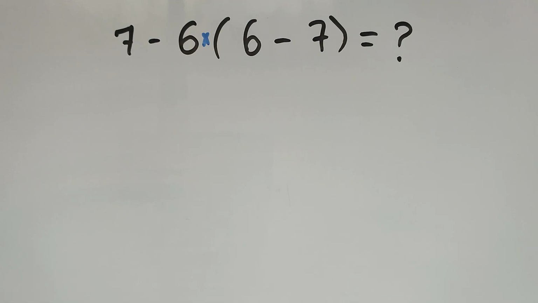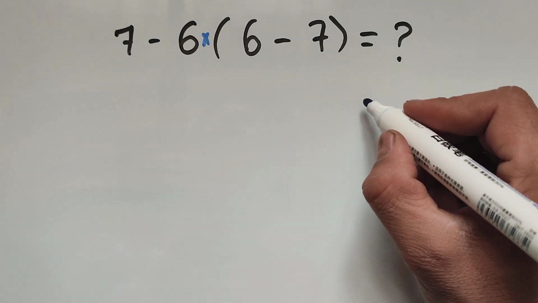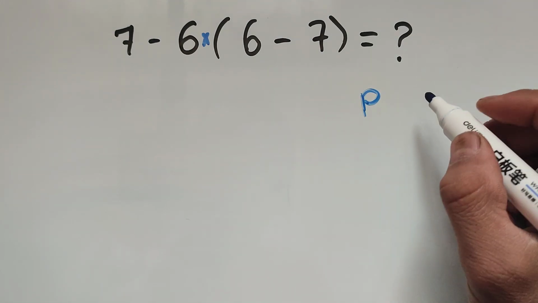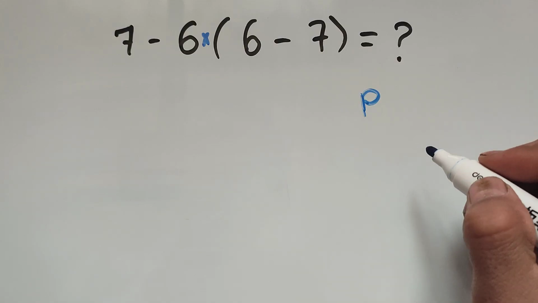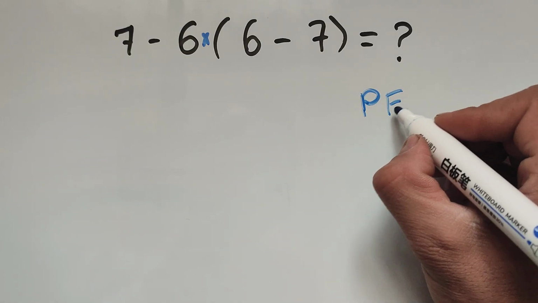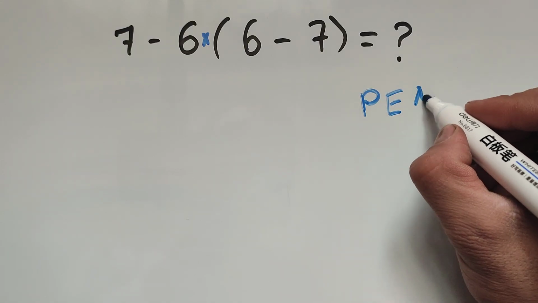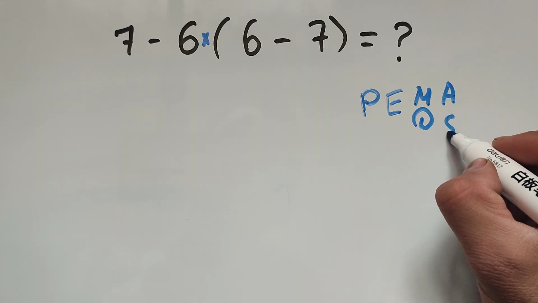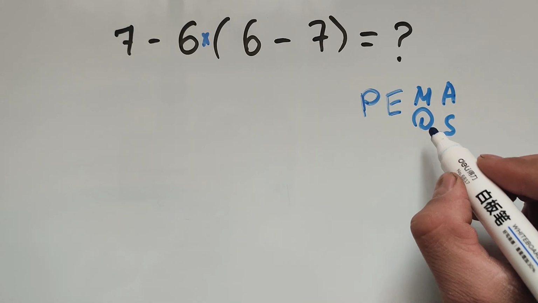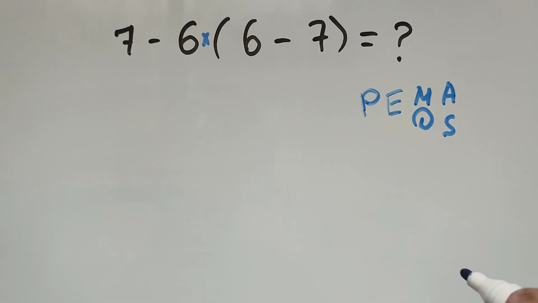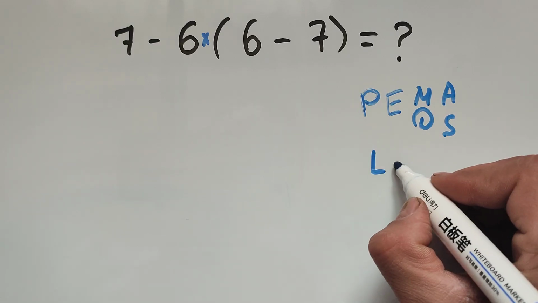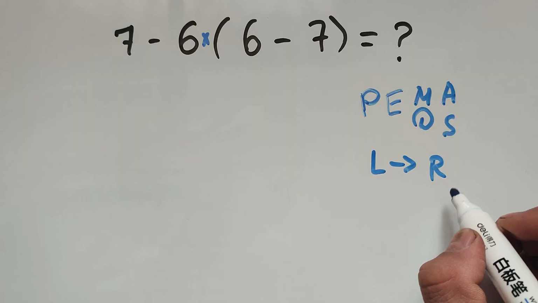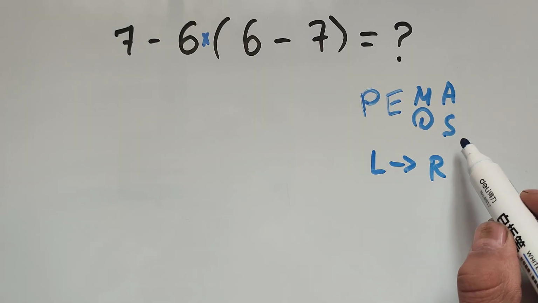according to the order of operations, first we have to begin to work inside the parentheses. After that, if there is any exponent, we have to work it. Then exponents, and then multiplication or division, and finally addition or subtraction. Here, multiplication and division have equal priority. That's why we have to begin to work from the left to the right. And the same rule applies for addition and subtraction.